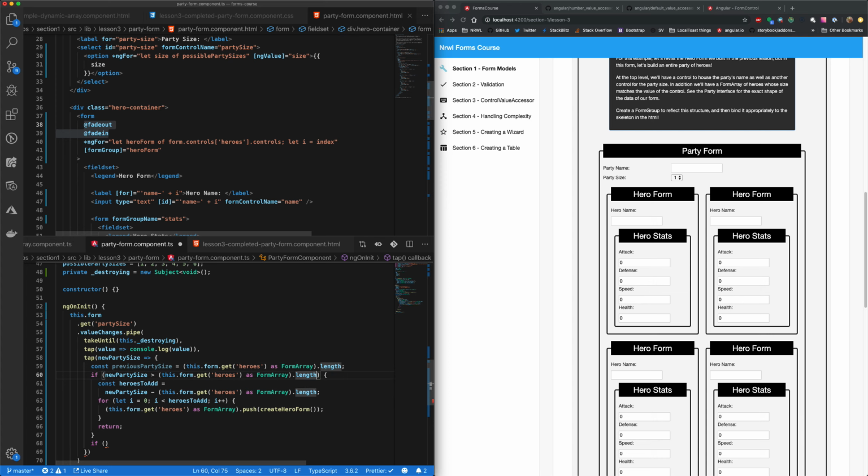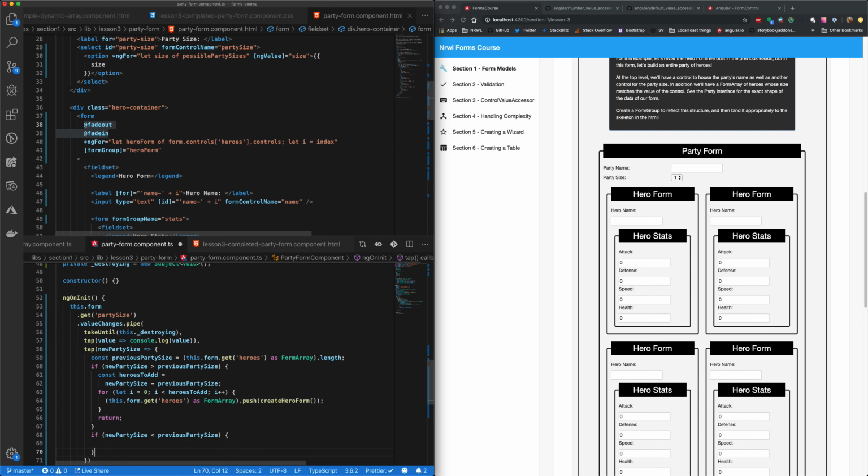Right, but now whenever we did this, we can simply say previous party size. Perfect. And that'll be easier to read. So now we say if new party size is less than the previous party size,